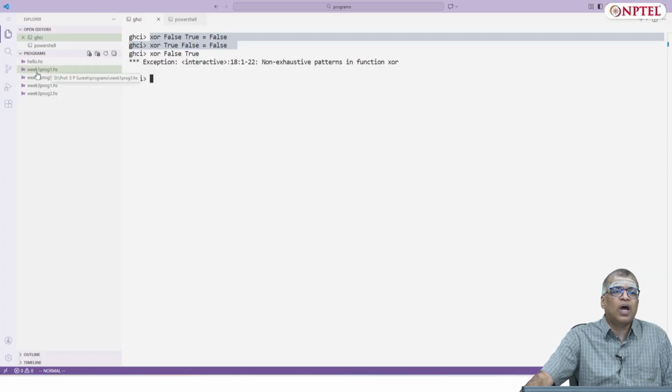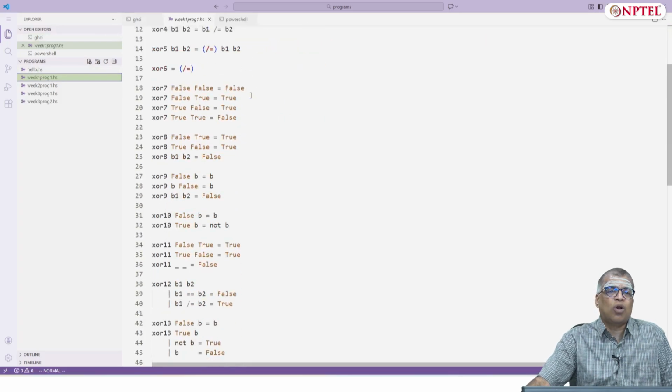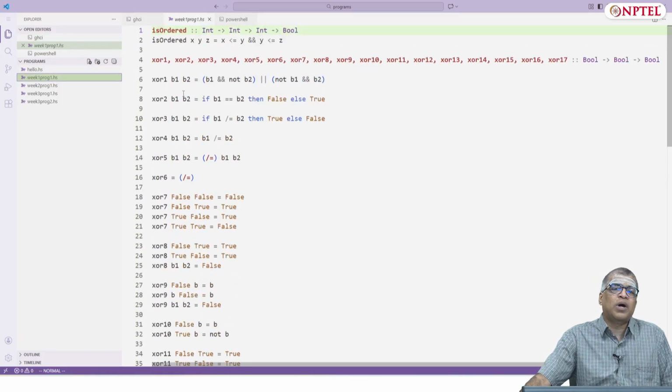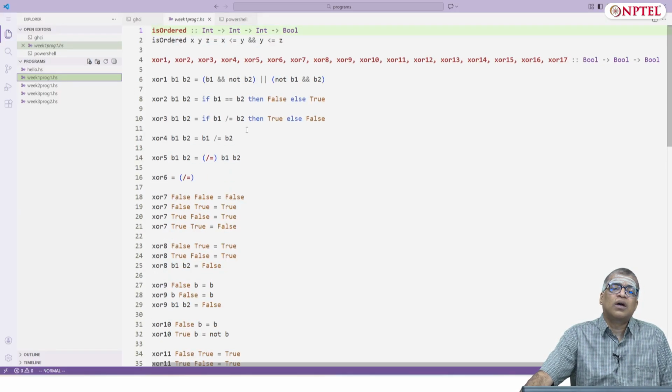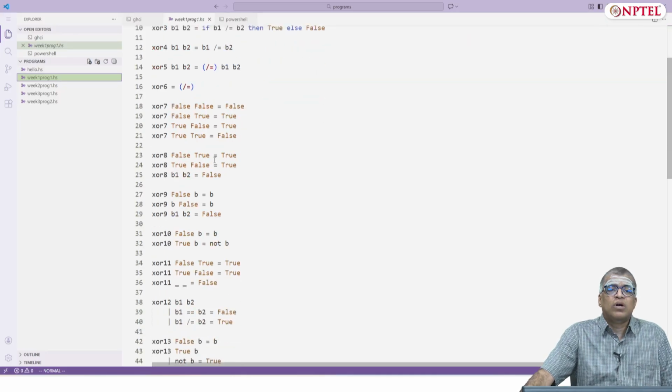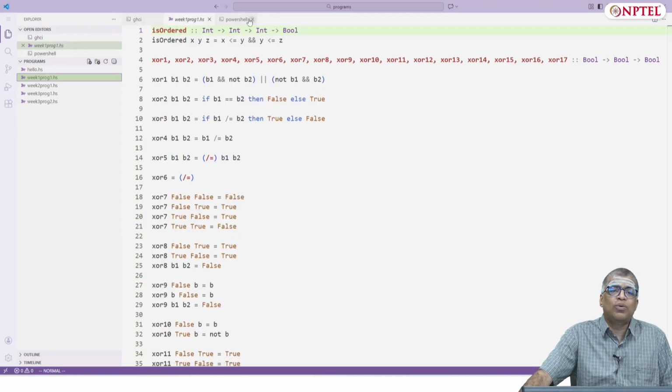Okay. Here I have a file called week1 program1.hs. There are lots of things in this file, but among other things I have defined XOR b1 b2 equals b1, and all the XOR definitions that we saw in the slides I have written here. You can see here that there is XOR 7, which is a multi-line definition. Now I want to load this file in GHCI and be able to use all these definitions. How do I do that?